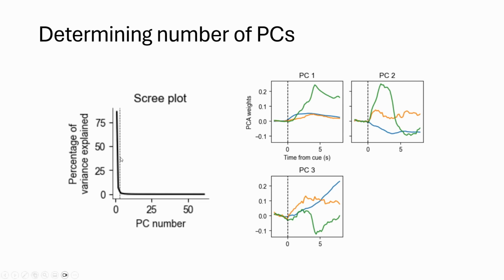And it's a typical procedure to either just take the number of PCs that add up to where it bends in this plot. Or another way to do it is to keep the number of PCs that explain 90% of the data. So the other 10% is probably due to noise or some random dynamics. And then this is not super important for you to know when you're running things, but